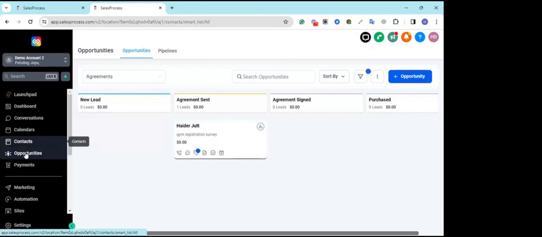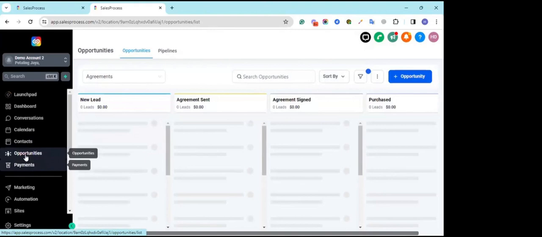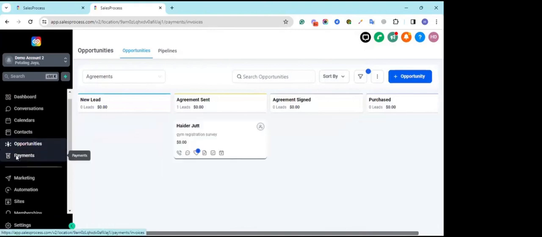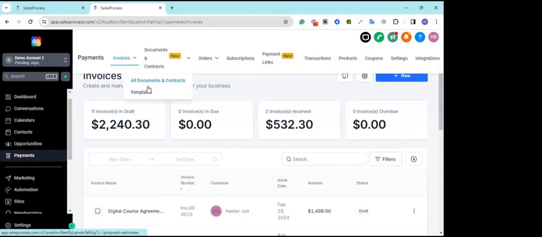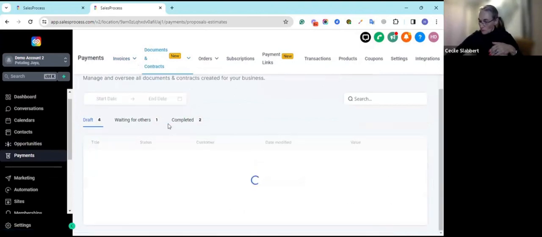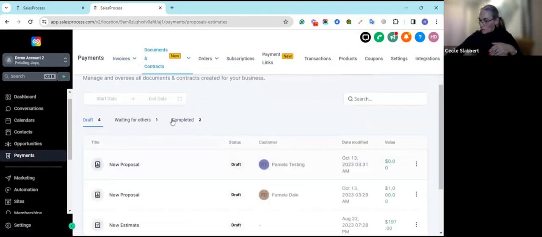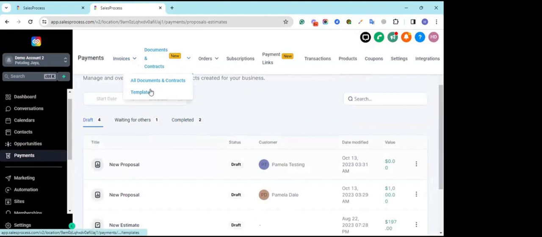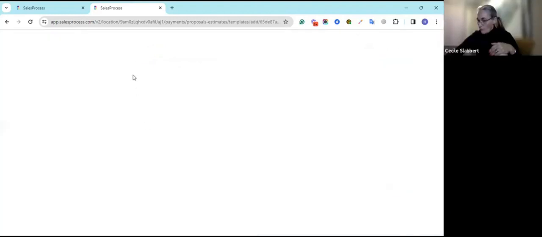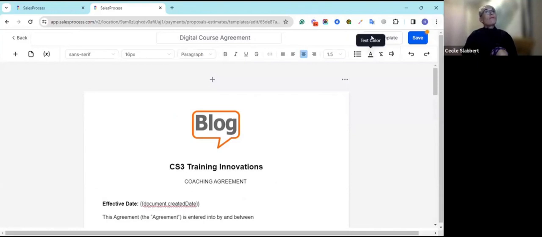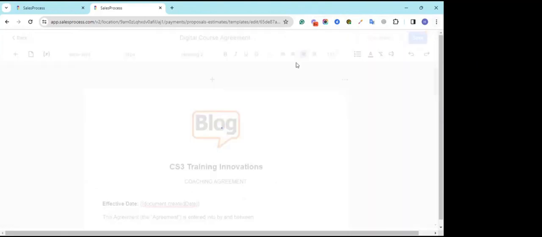Over here inside the payments, let me show you, documents and contracts. When I was creating the template here, in the templates, this one, when I click on use template,